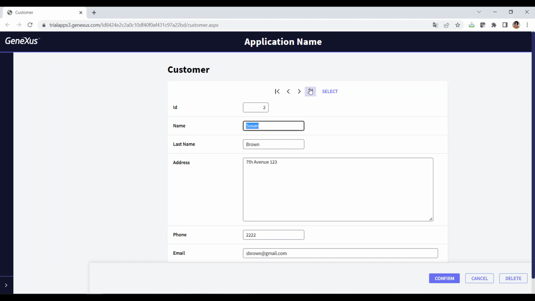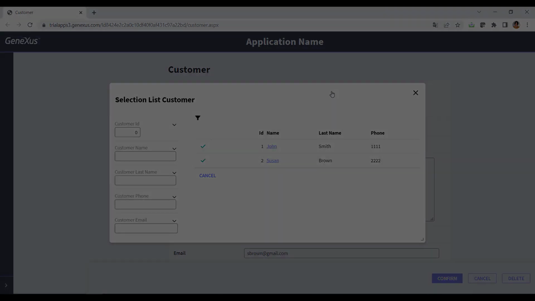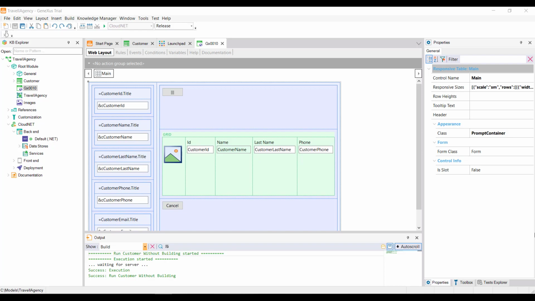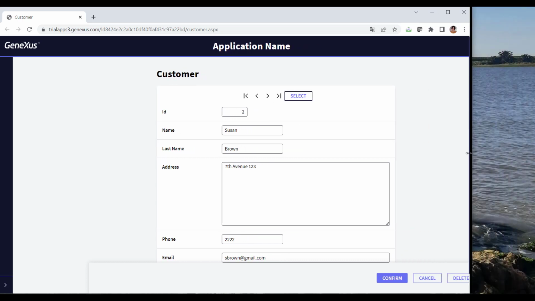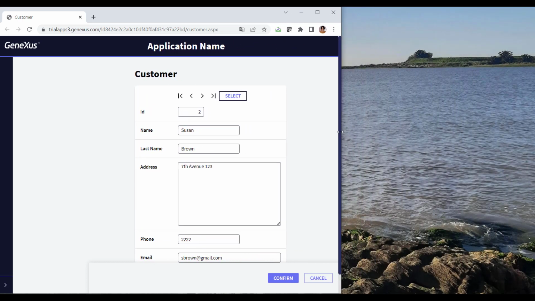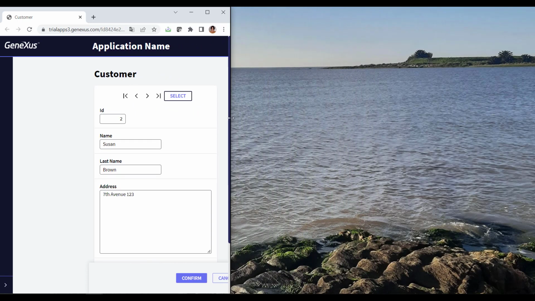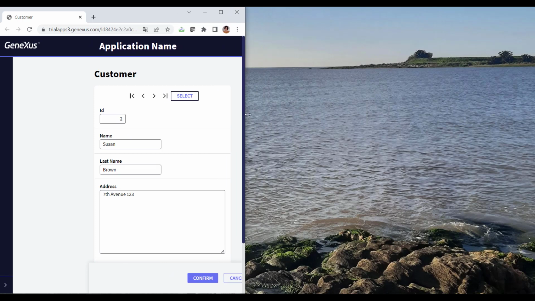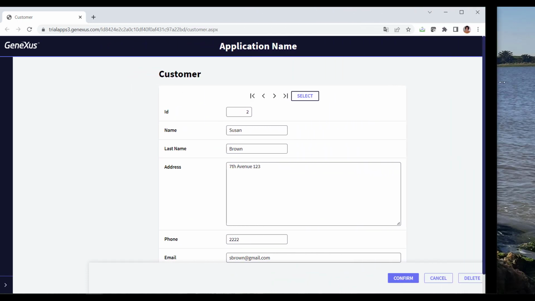In addition, we can look for a specific customer using this window. This window was automatically created by Genexus, and it corresponds to this object. Note that if we change the screen size, the controls are adjusted to the space available. What does this mean? Genexus generates responsive web applications, or sensitive applications, which offer optimum viewing, good navigation, and excellent use of screen space. This is achieved with design features that allow viewing all the information in the screen using the functions provided by Genexus to this end.